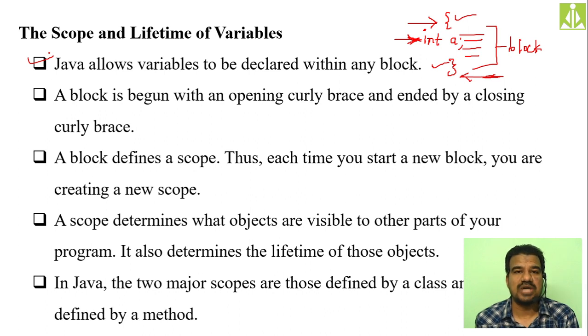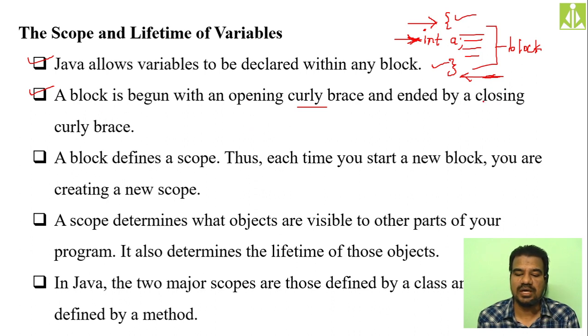But when it comes to Java programming, it is purely allowed. You can create a variable at any point in your program. There is no compulsion that you have to do it in the declaration section only. You can do the declaration of variables at any point in your programming. Later when we do the actual coding, there you will understand how it goes. The definition of a block I have already given. A block begins with an opening curly bracket and it will end with a closing curly bracket.